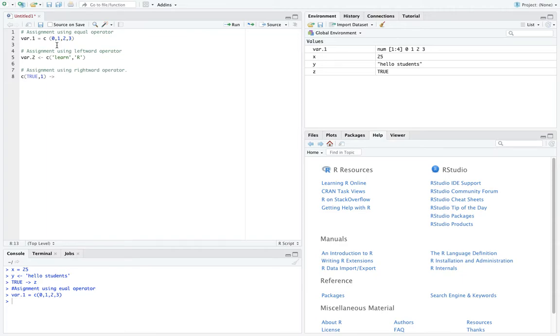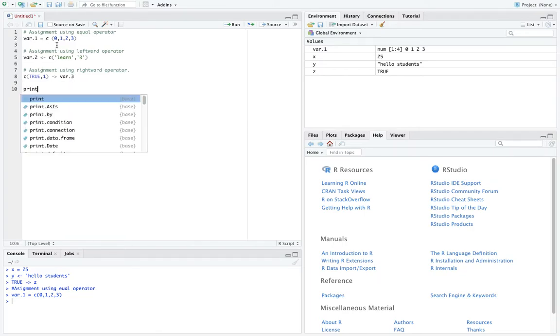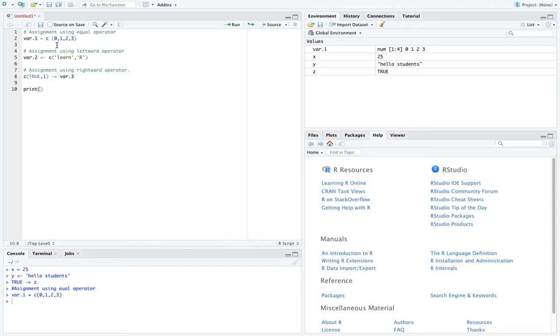That is much simpler. Print var, or let me say var dot one is,